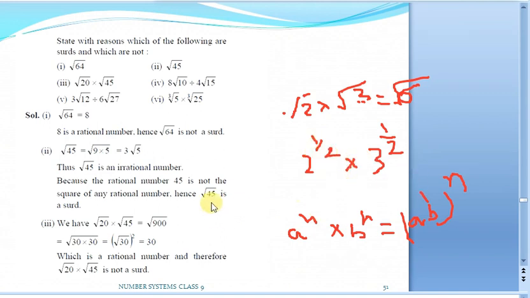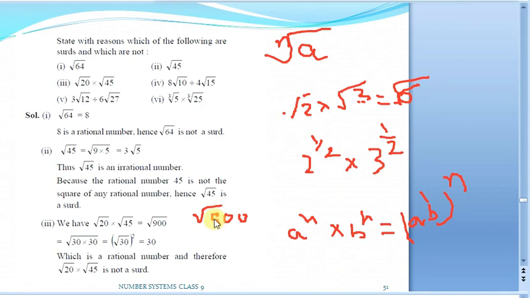So it will be root 6 here. Now take root 20 into root 45. The order is the same, so you take that order and multiply these two. 20 into 45 will be 900. Now this is in our form only, which is the nth root of a. But we are going to see whether it is irrational or not.